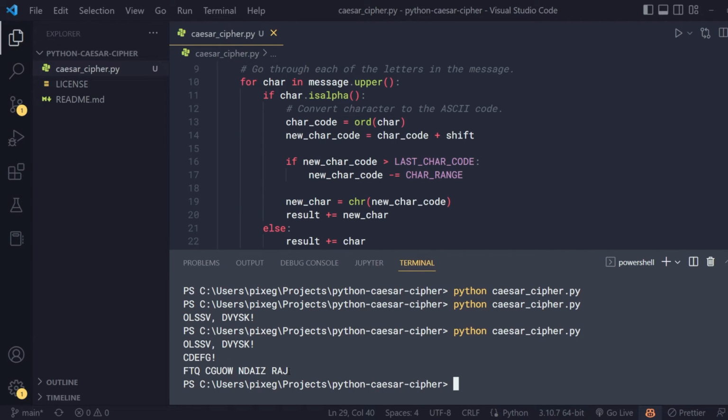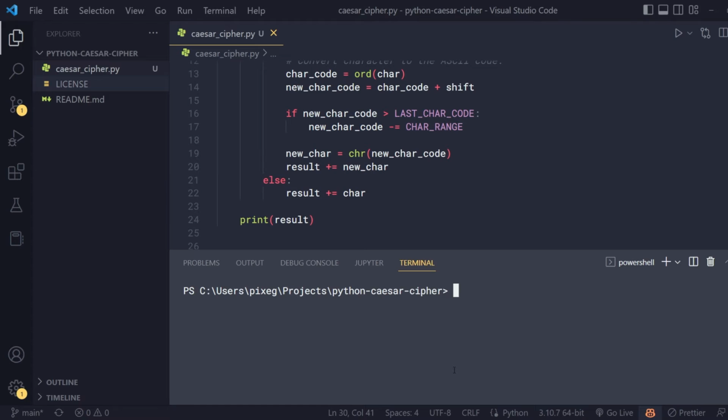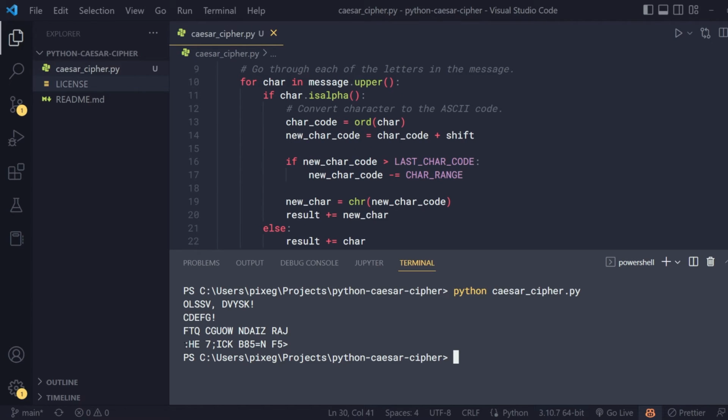And I can even use it to decode a Caesar cipher. So for example, let's copy this ciphertext over here. And let's call Caesar shift again, except this time we'll pass in the ciphertext. And this time we'll pass in the negative value of the key. So we're shifting it back to the plain text form. See if that works. And this actually fails. I mean, you can see that some of the letters are shifted properly, but again, we